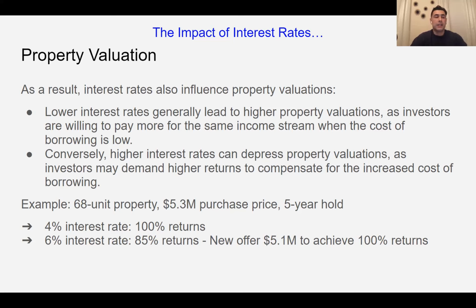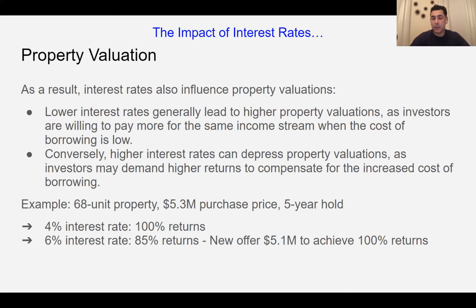So here's an example with a 68 unit property purchased at 4.3 million with a 5-year hold. This property underwritten at 4% would have given you a 100% return. So pretty much a 2 times equity multiple, right? The same property underwritten with a 6% interest rate would have given you an 85% return, or